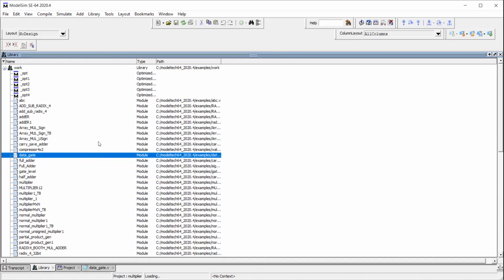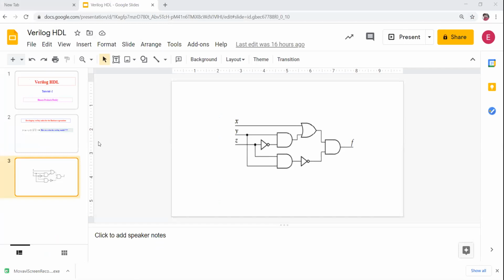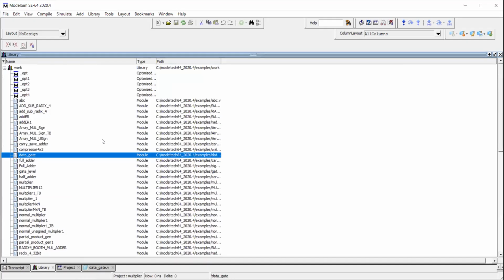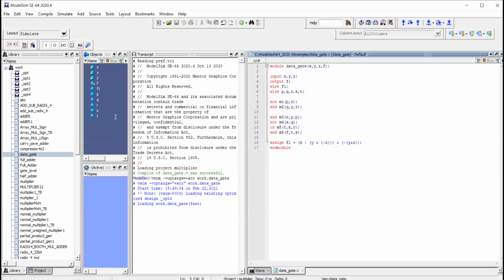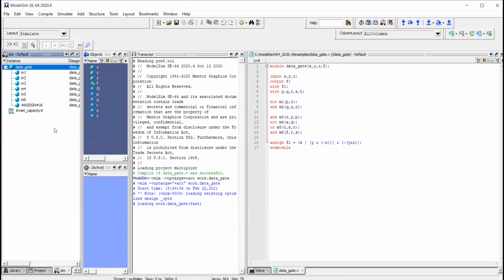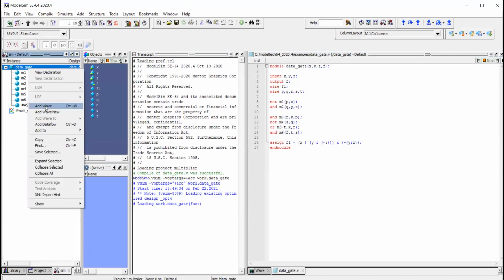It will take some time. So here, add wave, right click, add wave.